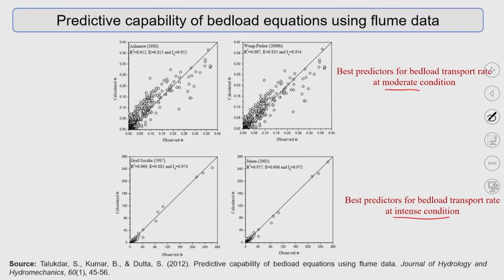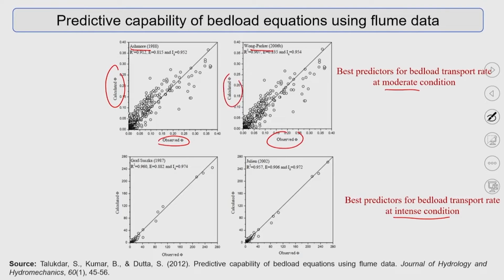For moderate conditions of sediment concentration, there are the Ashmore 1988 paper and the Wong and Parker 2006 equations. If you look at the scatter plot between observed versus calculated,